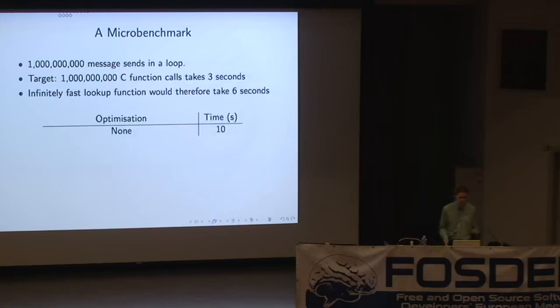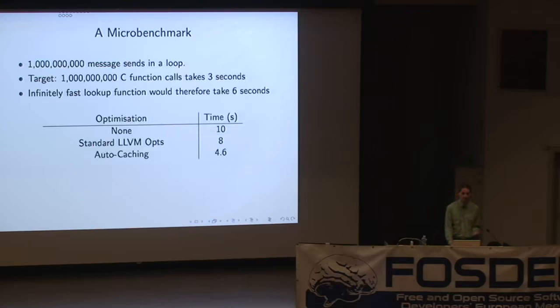And okay, 3 seconds is not very long. If you just compile with Clang and you don't run any optimizations at all, Clang actually produces some quite messy intermediate representation for this, which the standard LLVM optimization passes clean up. Just running the basic optimizations, because we have some gratuitous loads and stores, gets it down to 8 seconds. So 8 seconds really isn't bad. If the lookup cost absolutely nothing, just because we have 2 function calls, 6 seconds is about what our target would be. But we can get a bit better than that.